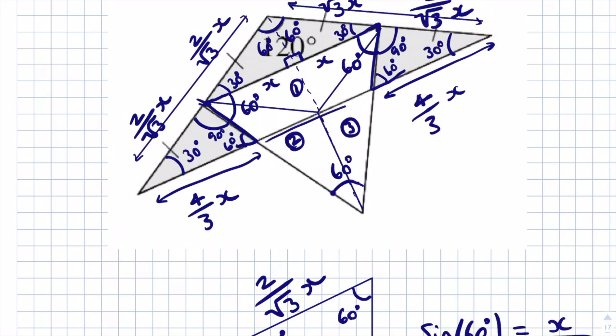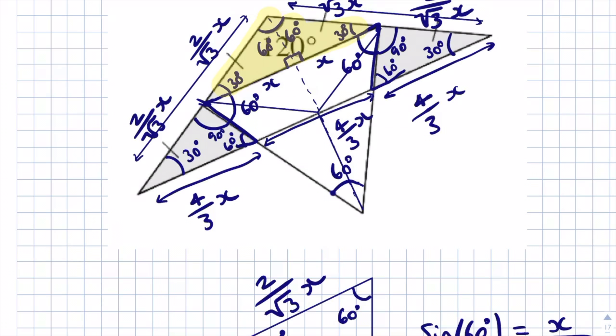Now, I want to find out what the missing length is. And what you should be able to see is that this smaller isosceles triangle is similar to the whole isosceles triangle. And of course, the smaller isosceles triangle is half the size of the large isosceles triangle. If the base of the smaller isosceles triangle is x plus x, which is 2x, then the whole base of the larger one is going to be 4x, which means that that missing length is going to be 4/3 of